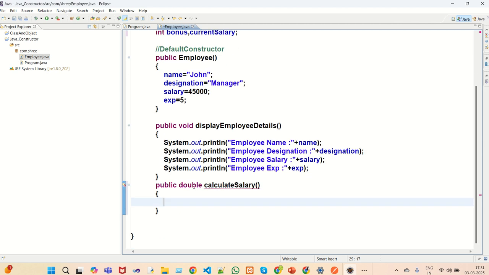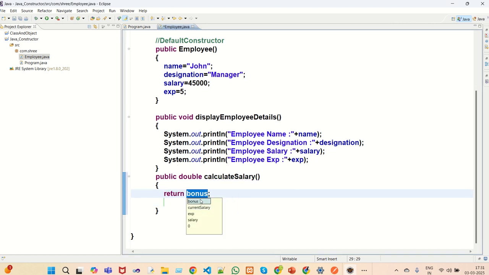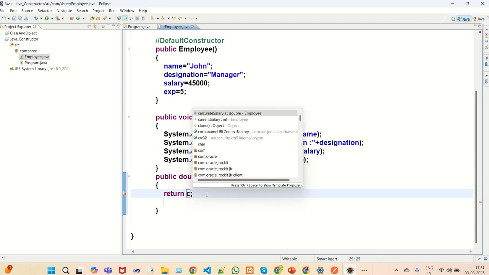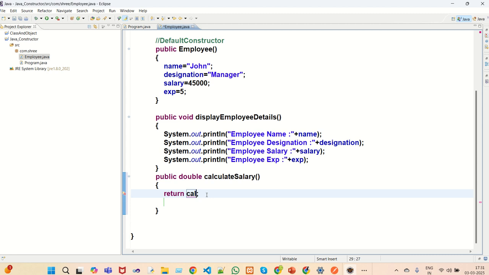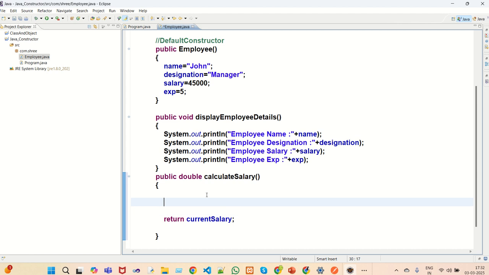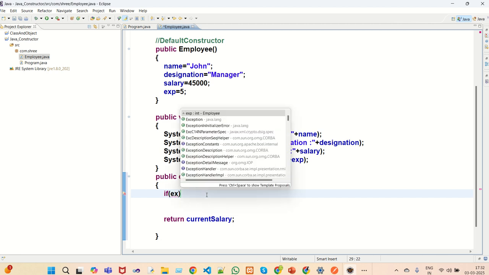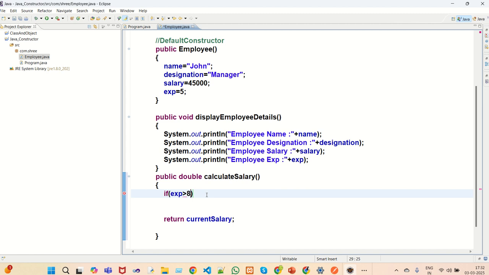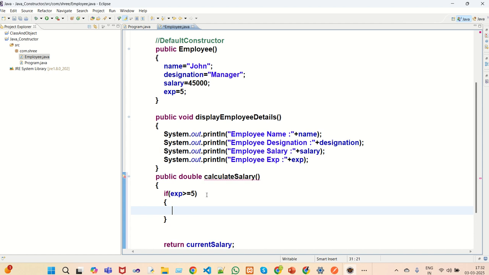See, immediately it will display the error message, right? So why? Because we need to add the return. Return, what we need to return here? Current salary, right? You will write current salary. Okay, I need to print the current salary in this function. So before that I need to check if the experience is greater than or equal to 5. It will enter into this block, and I'm going to assign the bonus